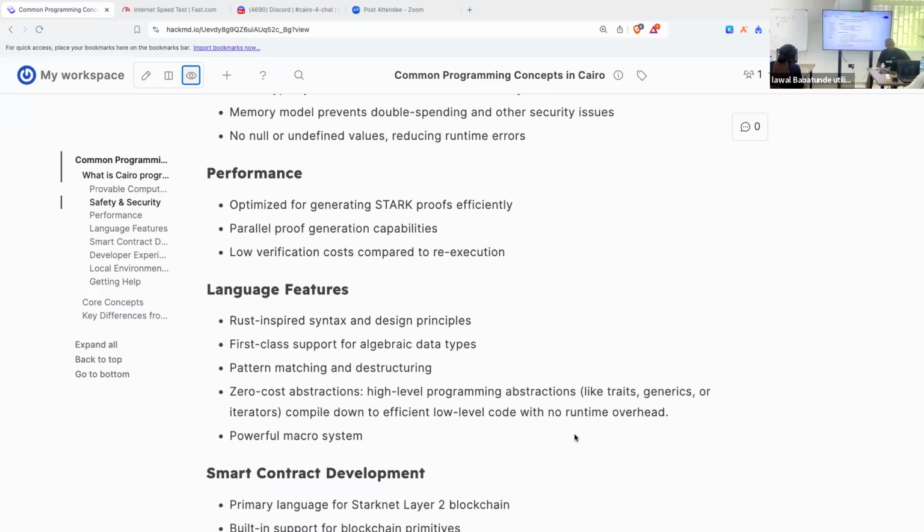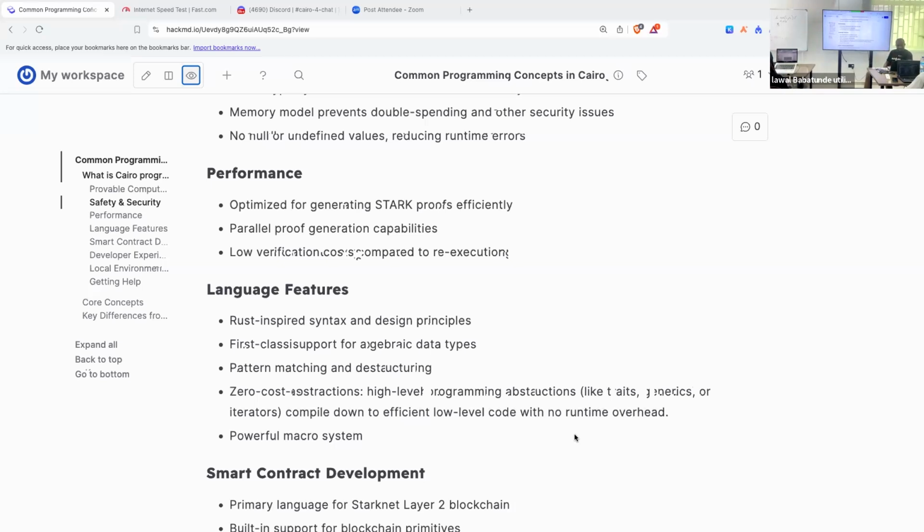So what's the language feature of Cairo? Rust inspired. Almost all of your syntaxes are related to Rust. So if you are already familiar with Cairo, you are almost there with Rust. Cairo has a limited scope, majorly for proof generation and Starknet-based smart contracts. But Rust has an indefinite application. So you see, it is not that you are there yet, but if you have mastered Cairo, you are almost